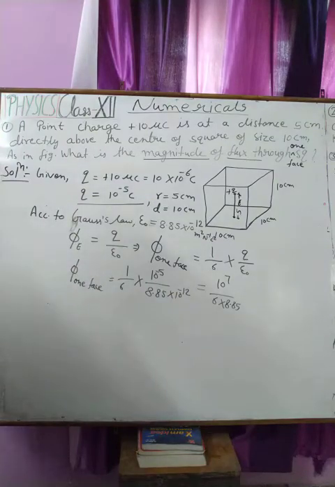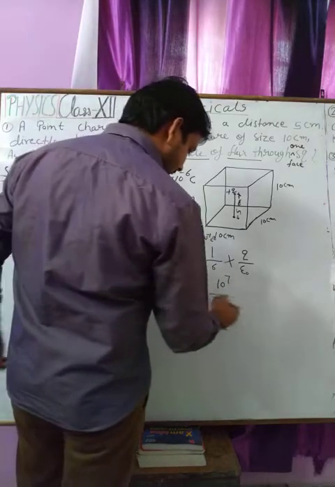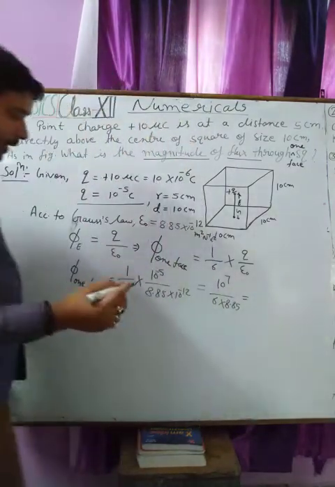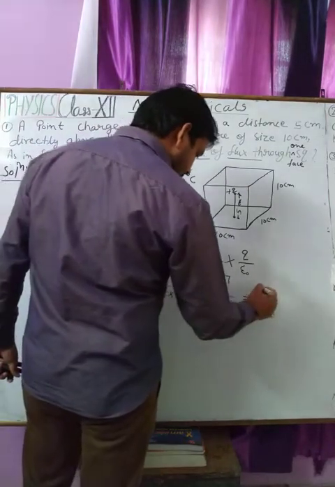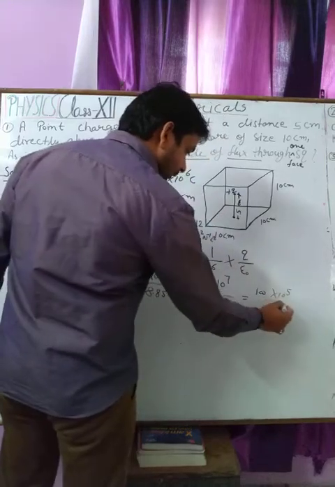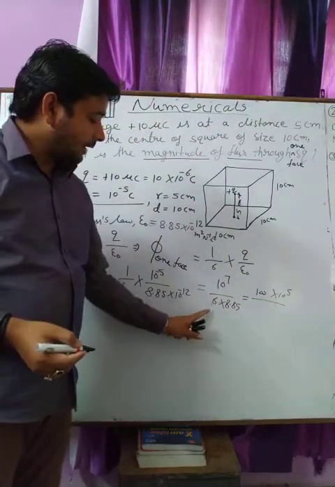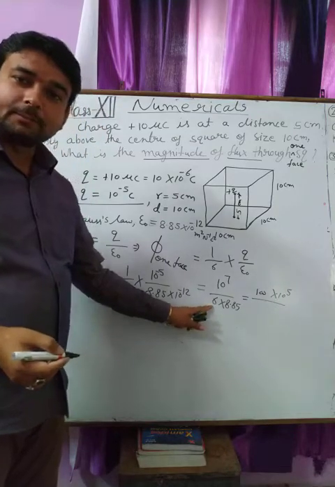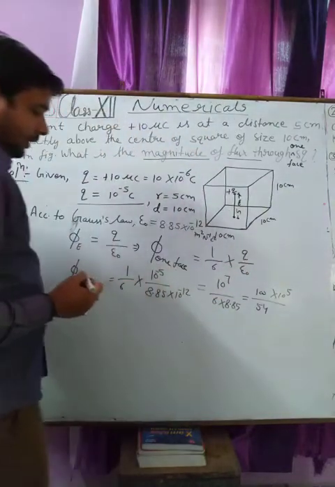Now you solve this by yourself. If I take an approximate solution, then we take 100 into 10 to the power 5 upon, and this I am taking as 9, and 9 sixes are 54. Okay,